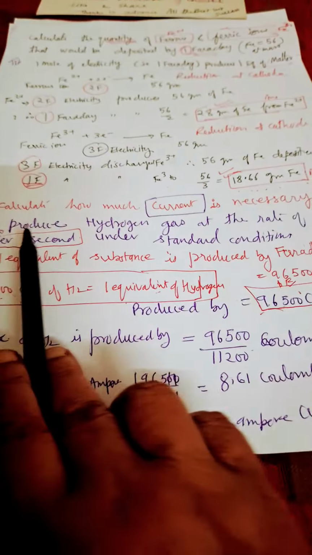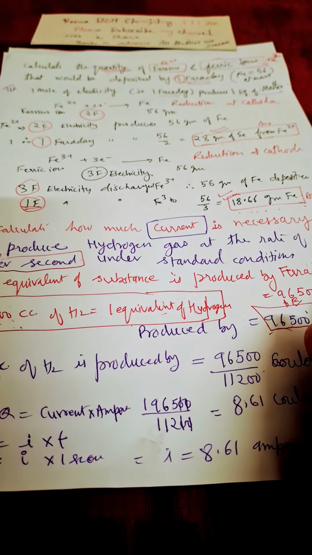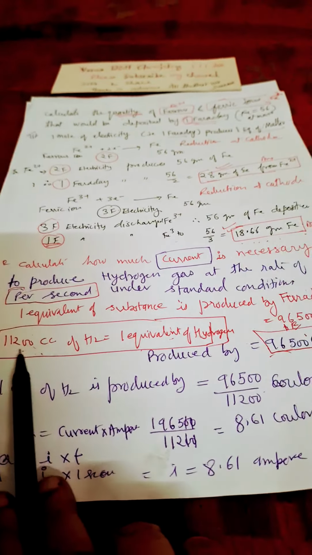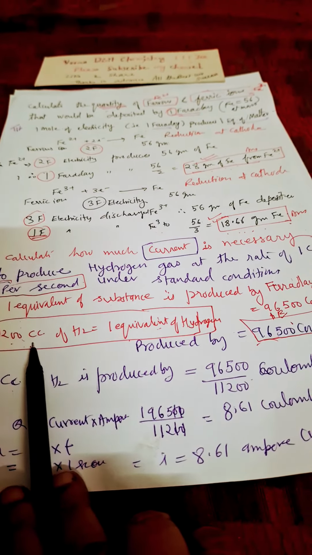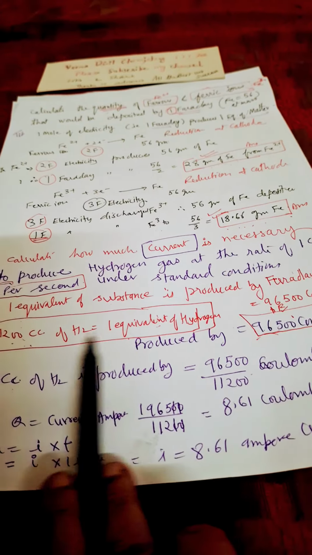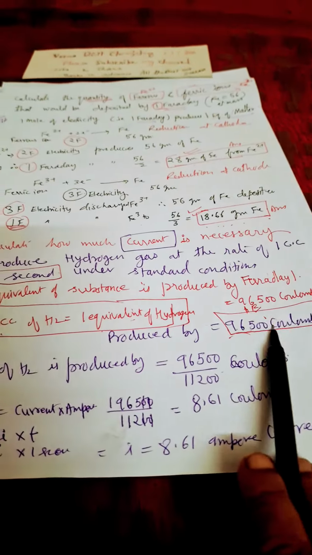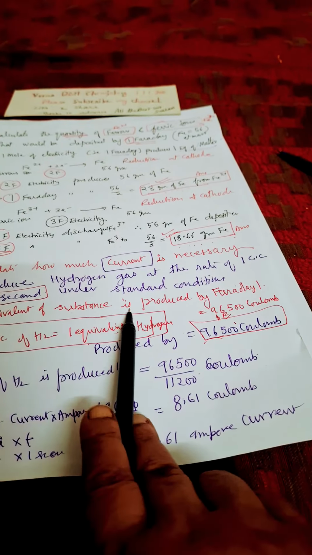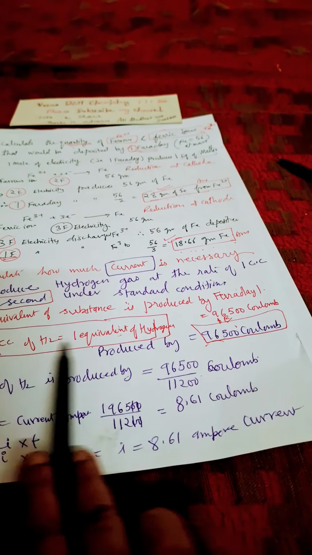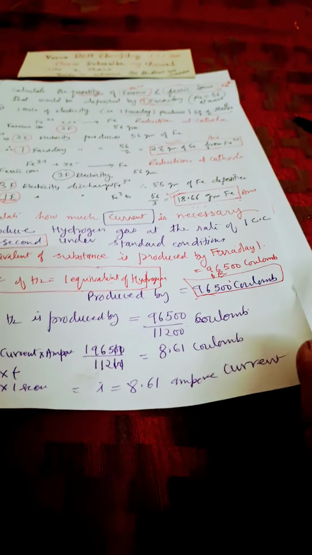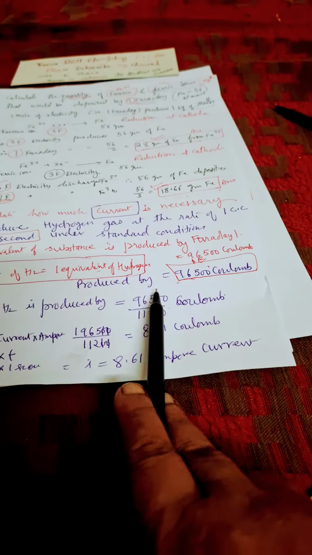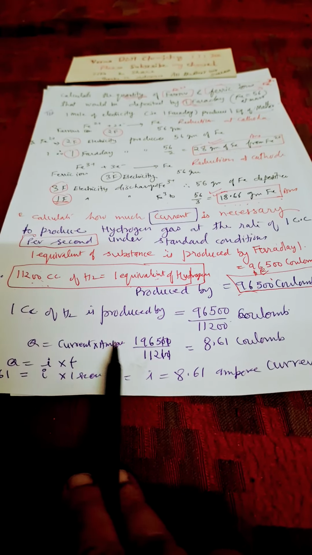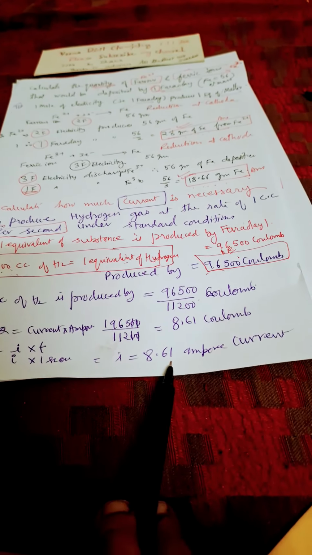Calculate how much current is necessary to produce hydrogen gas at the rate of 1 cc per second under standard condition. So 11,200 cc, that is 1 equivalent of hydrogen, is produced by 96500 coulomb, because I told you earlier that 1 equivalent of a substance is produced by 1 Faraday. So this is 1 equivalent of hydrogen produced by 96500 coulomb. So 1 cc will be produced by this divided by 11200, and Q is equal to current into time. Put the value, the same amount, 8.61 ampere will be